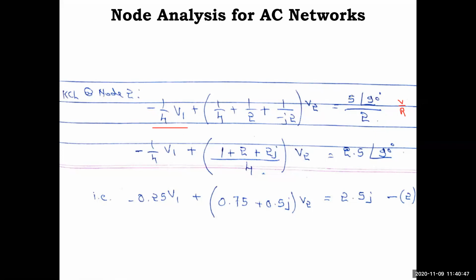Okay, so 2.5 at an angle 90 degree, that's why you are getting 2.5j. Okay. So what about the left side? So minus 1 by 4 v1, keep as it is. Here you will take the LCM. Okay, so here what I am doing, minus j I am taking in the numerator. So it will become plus j by 2. So it is j by 2 it will come.